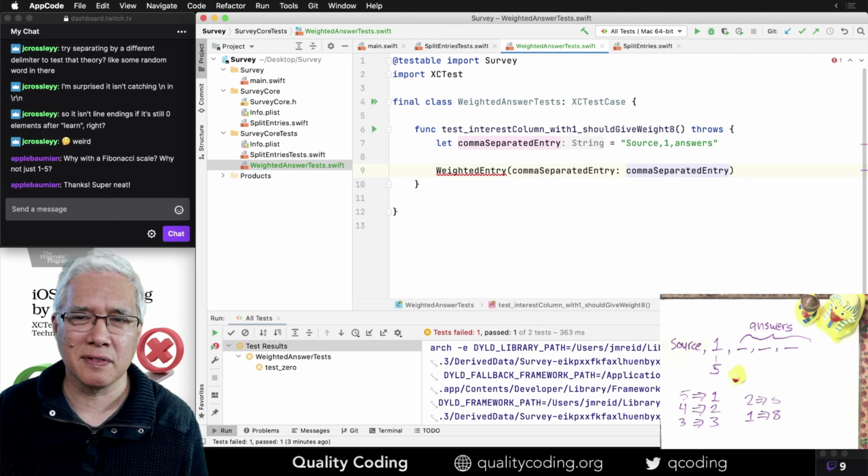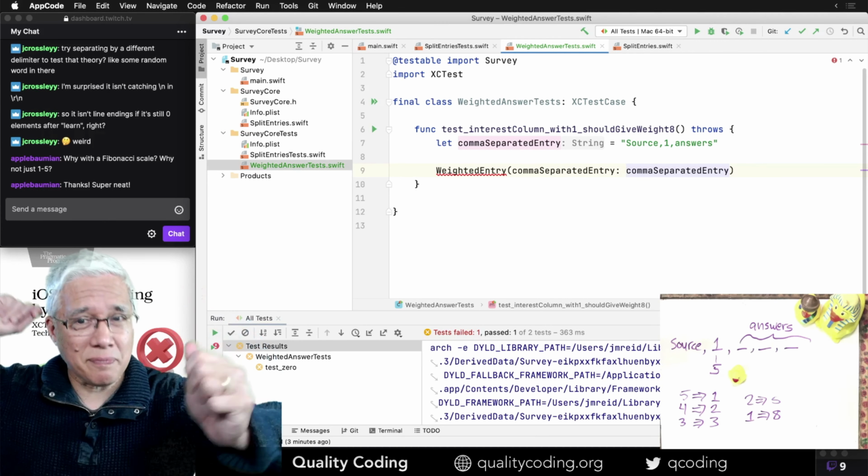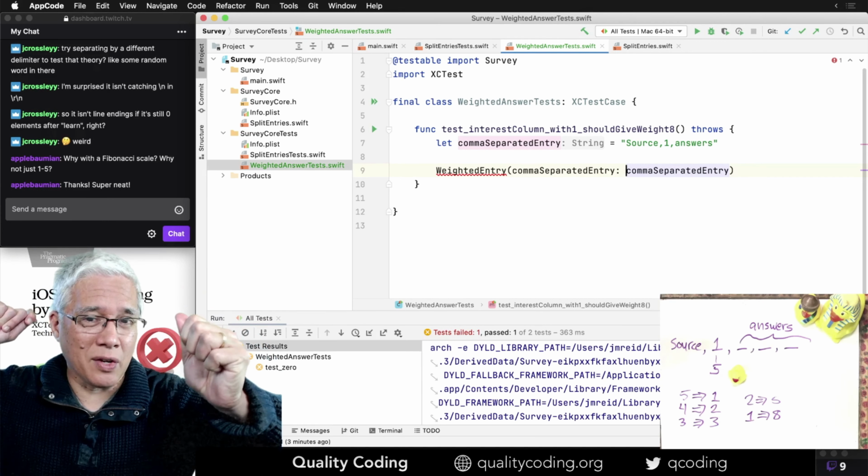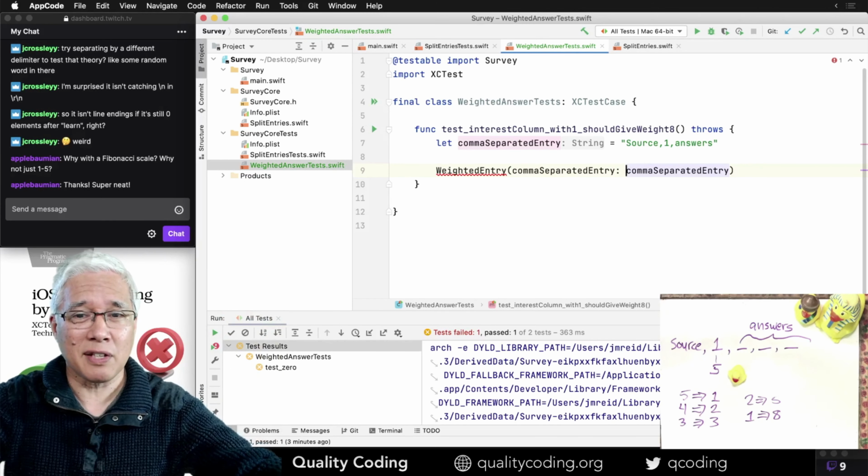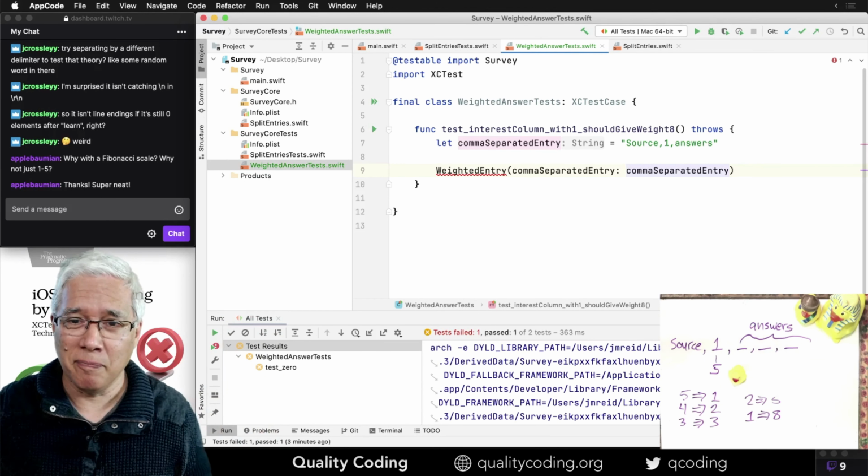And that's enough for me to switch hats and say, okay, I now have a failing test. It fails because it doesn't build. It doesn't build because there ain't no such thing as weighted entry.